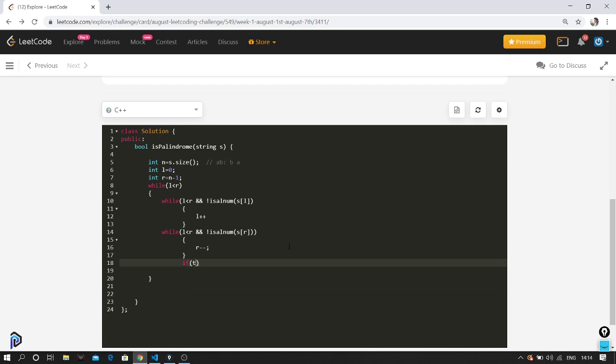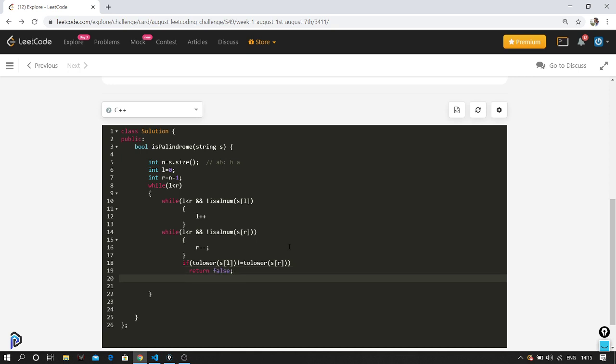If tolower of s of l is not equal to tolower of s of r, at any point of time they are not equal, we would return false.